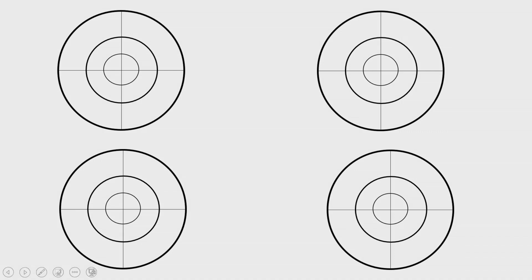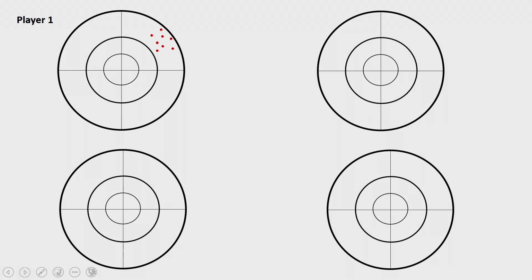Let us say there is a bullseye and there are 4 players, and the first player is putting his shots, 15 shots. So now he has put these shots, and I find out what the spread is. I am indicating it by the red arrow here. So two spreads, in the x and y direction, right? This is the kind of spread of the bullet shots of player 1. If I take the average value, the green dot, we can say what the accuracy is here. That's the accuracy. Here I say that the accuracy error is much larger. Probably it contains some systematic component also. Well, that's the story of player 1.